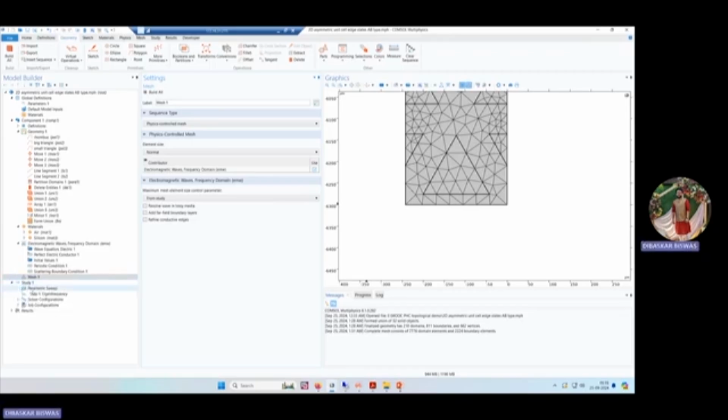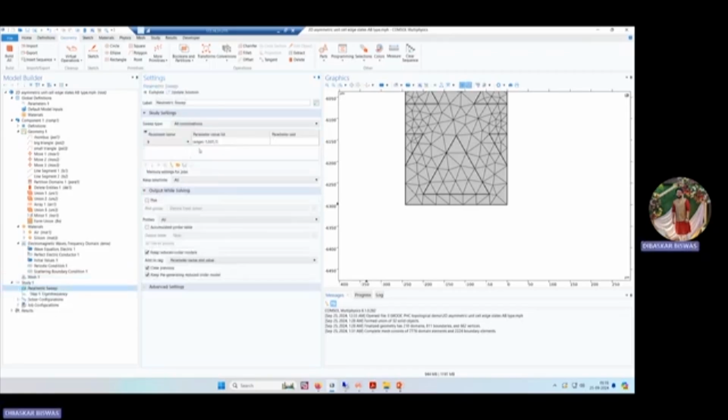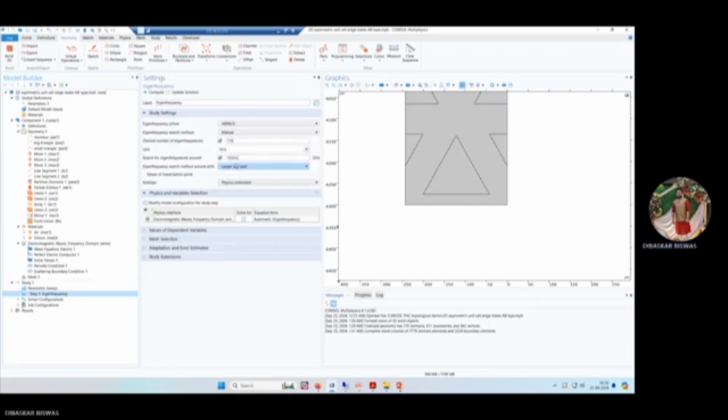In the study option, you select this parametric sweep, and then you sweep it from -1 to 1, and the step size is 0.01. You sweep the K vector, and in the eigenfrequency analysis, for the search frequency, you keep the default, larger real part, and then in the number of eigenfrequencies, you take it as 110. I generally take it as 110. It is not a default number. You can take whatever number you want, but it should be greater than 100, because I can show you here,